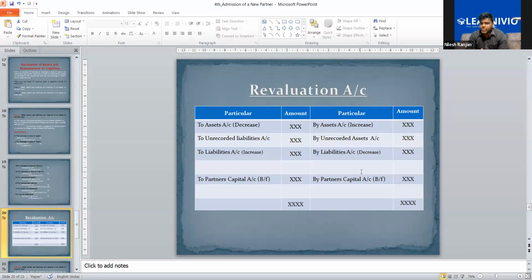Everything is the same as change in profit sharing ratio. Okay. So tell me if you have any confusion in the first case of revaluation. Actually, admission will not take much time if you remember all the concepts. But if you don't remember, then yes, it will take time because you'll not understand